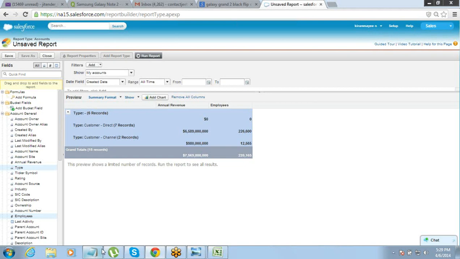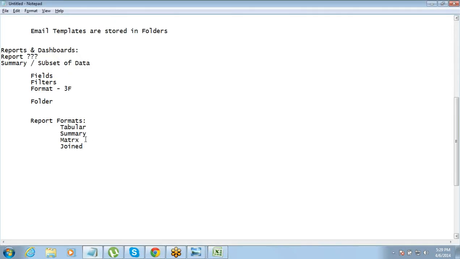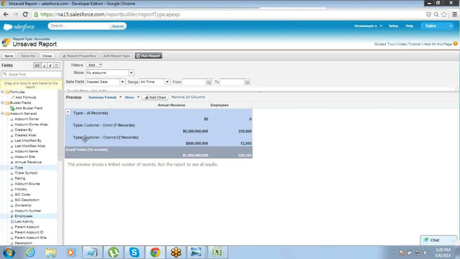So then there is another report format, which is a matrix format. There's another report format which is called a matrix report format. So what is a matrix report format? Matrix format of report can actually